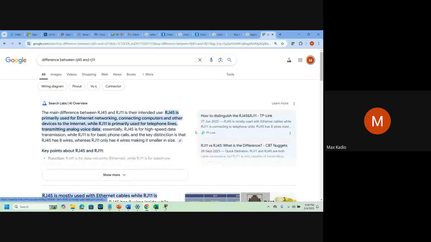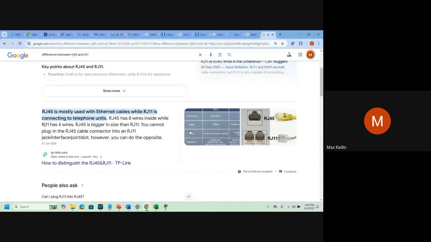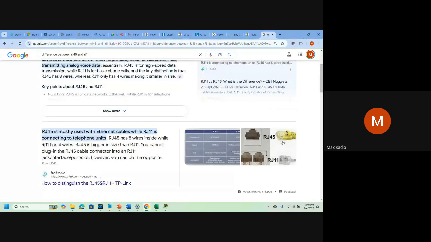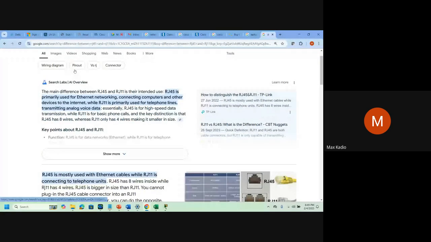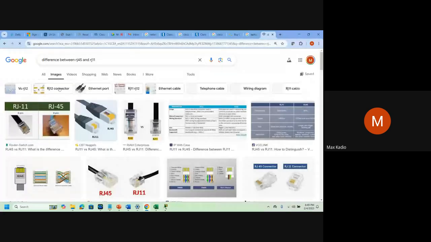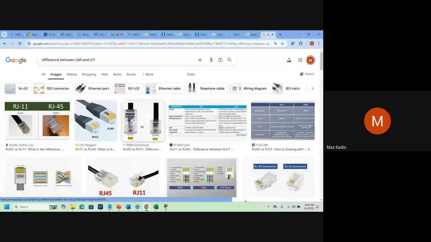So RJ11 is for the telephone. You see, it's very small. It's for telephone. So you see, the RJ45 is bigger.